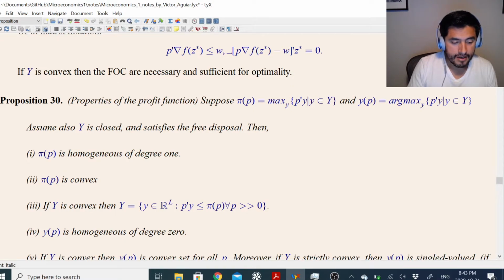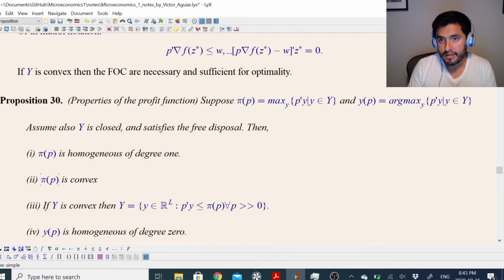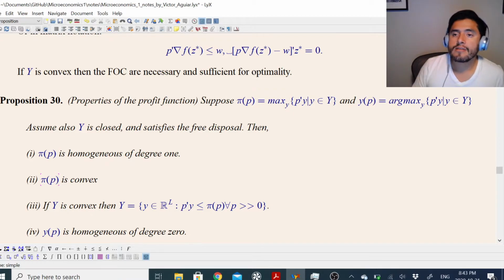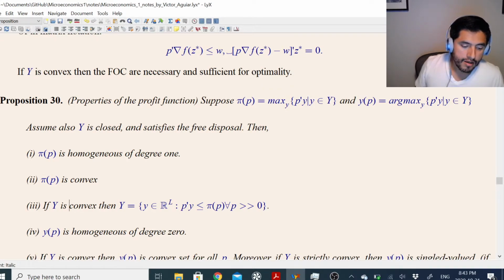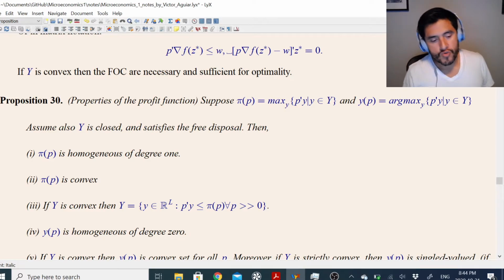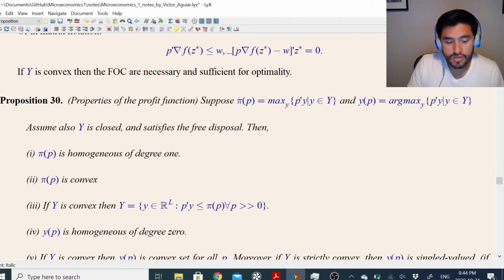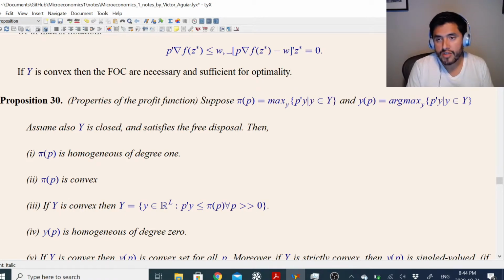Basically, if I take the matrix of derivatives of this, and then I take the matrix of second derivatives, which is called the Hessian, then the Hessian has to be positive semi-definite. You can check this in Wikipedia. It's very easy. And this is a prerequisite for this class, by the way. Calculus 3. So if Y is convex, then what we have is something wonderful, which is a characterization of